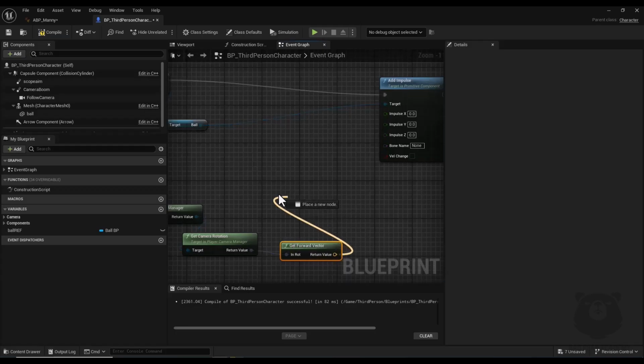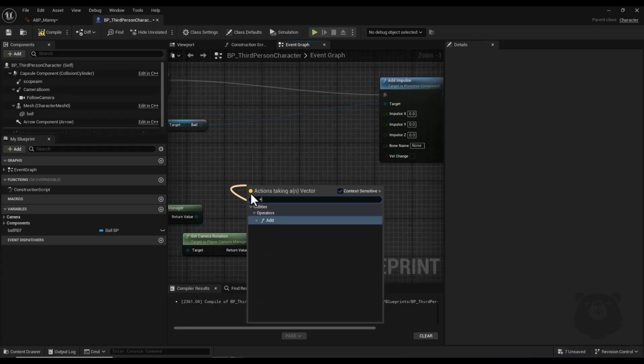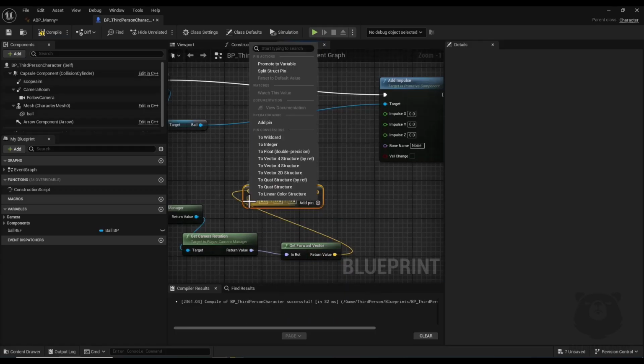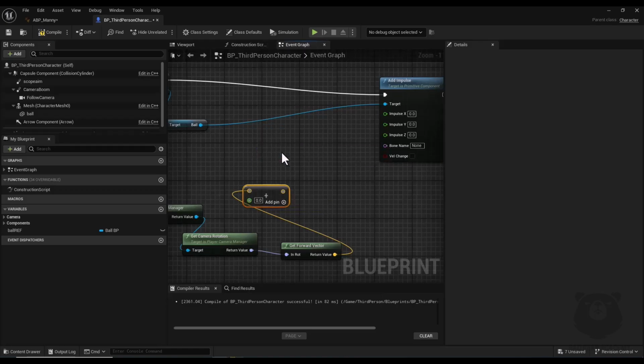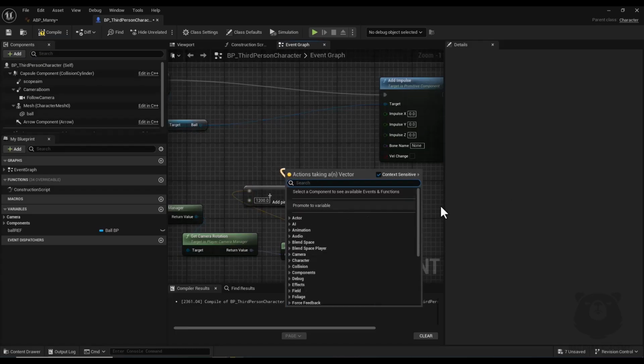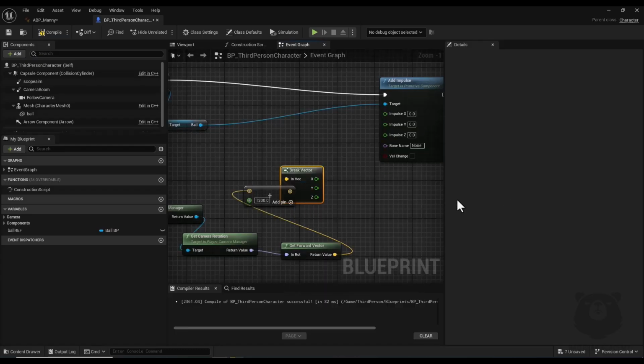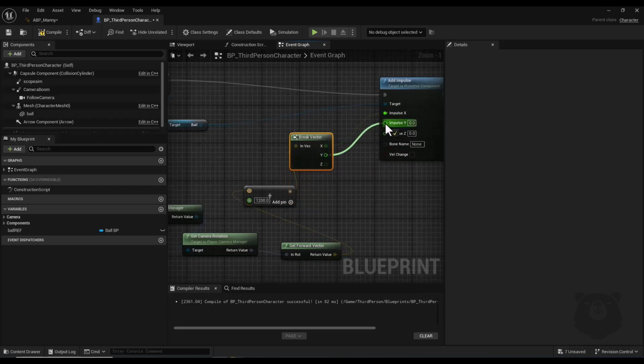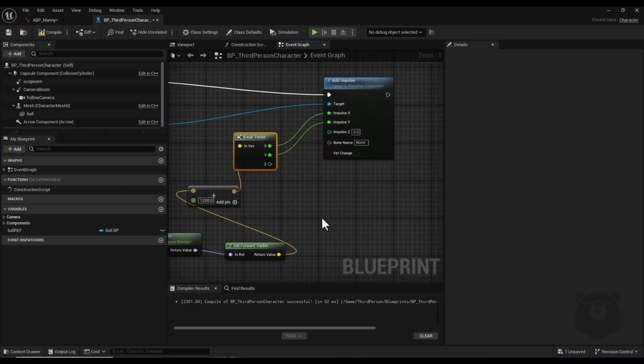Alright, and from here I drag a node and add a multiply node. Now I convert it to a float, and here I insert, for example, 1200. And here I drag a node and search for break vector, and now I connect x to x and y to y, and for the impulse z